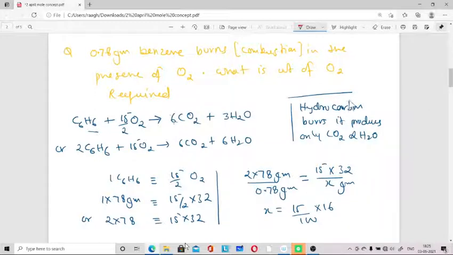Okay, now in this, first I want to tell you, any hydrocarbon when it burns, meaning reacts with O2, produces only carbon dioxide and water. Any hydrocarbon, methane, ethane, benzene, naphthalene, whatever is there. Now suppose in this question, if you see this question,